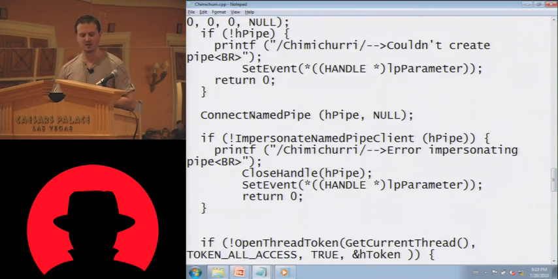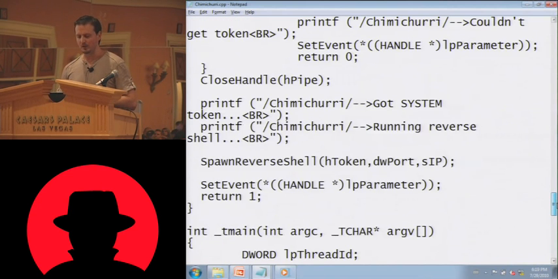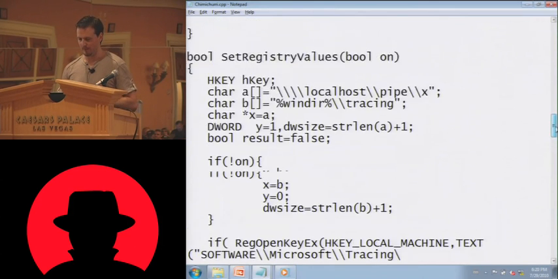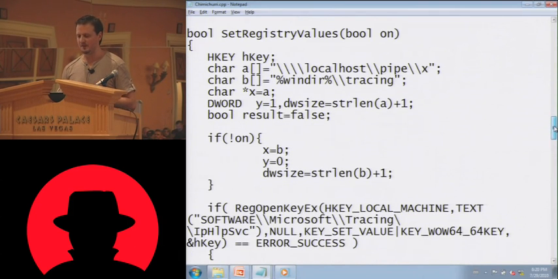And when it gets a connection here, it returns from this API call, and it will try to impersonate. After impersonating, it will get a token, the impersonation token here, open thread token, get the impersonation token, and then we'll use that impersonation token to create a reverse shell running under the system account. This is the function to trigger the vulnerability. We open the key and set the